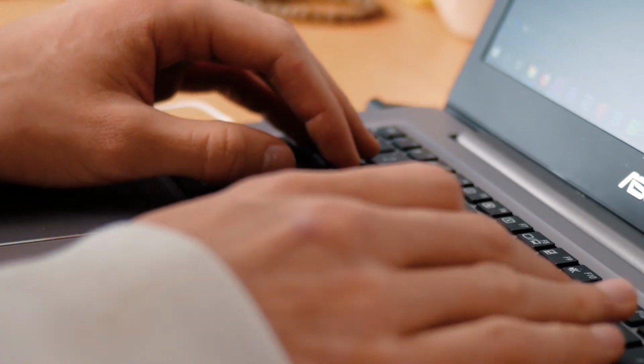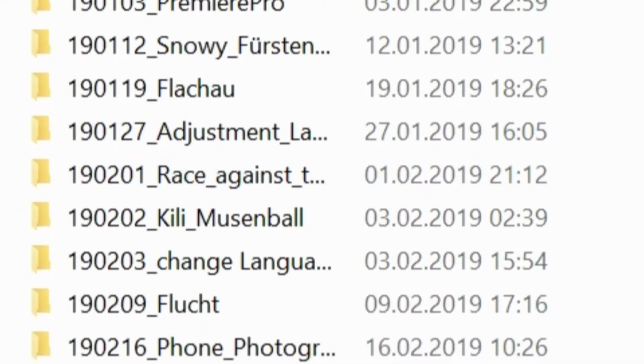So, to avoid this, I constantly try to optimize my workflow to speed it up and therefore create time for the other things in life. In this video, I want to show you one key to an efficient workflow which sped my workflow up by a ton, really extremely, and that's why I thought I might share this key with you. The main keyword sounds pretty simple and boring, to be honest. It's organization. In this case, this concerns the folder organization on your computer, but also the folder organization in your